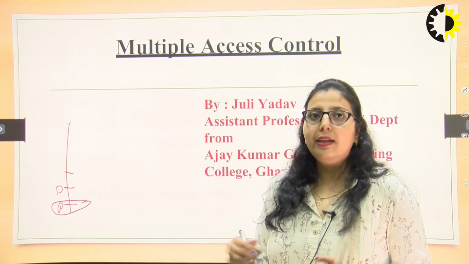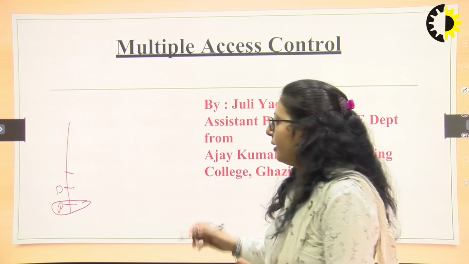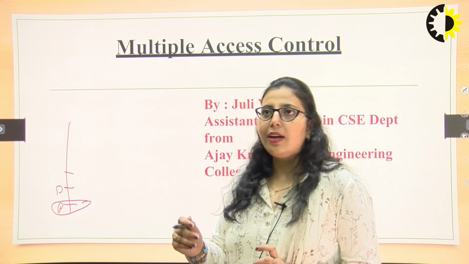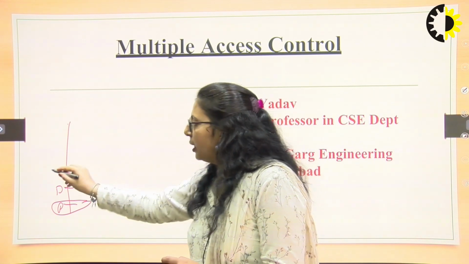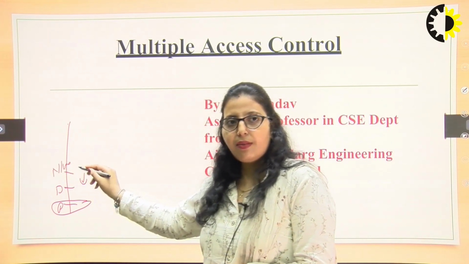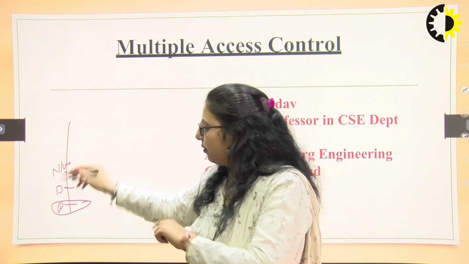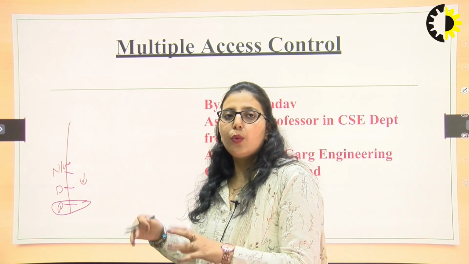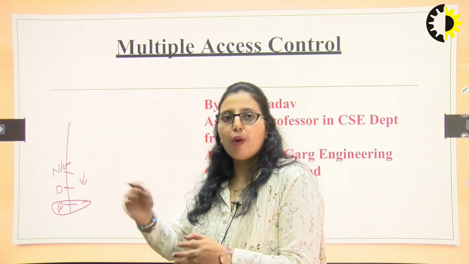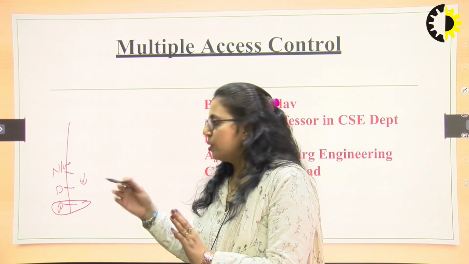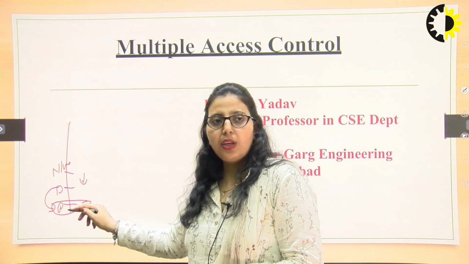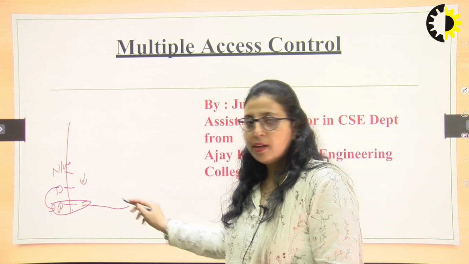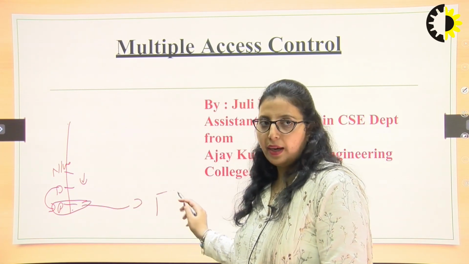What is the data link layer? The data link layer is the layer which receives the data from the network layer and then transmits the data after doing some conversion, some forming, and some encoding or encryption. It then sends that data to the physical layer, which further sends it to the receiver end.